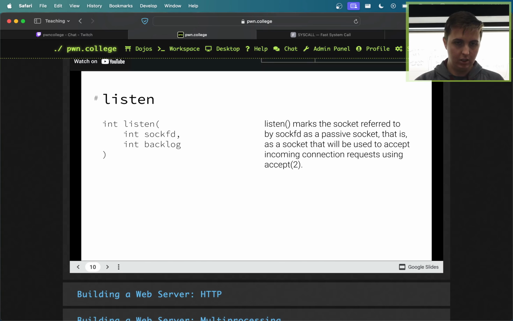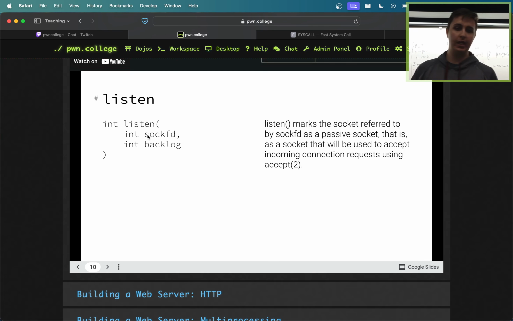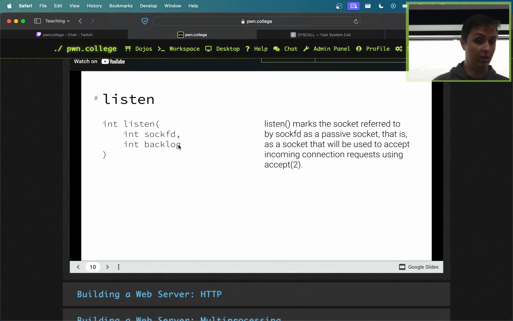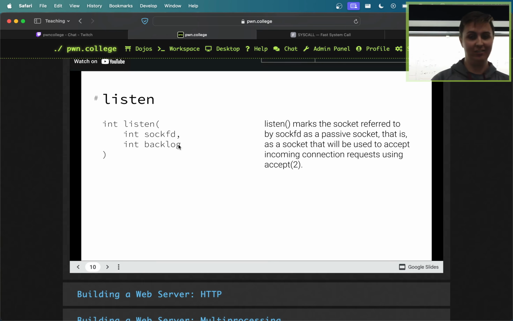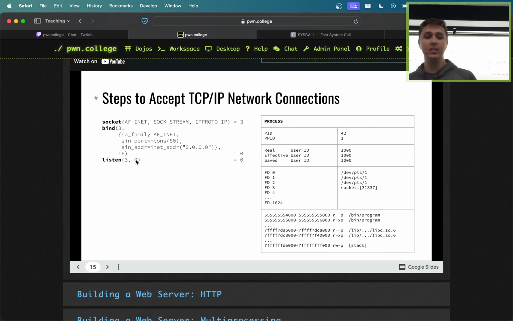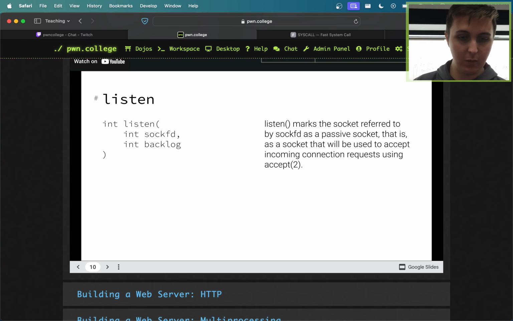Let's see here. So for example, in this listen system call, it takes two parameters. It takes a socket file descriptor, that's just going to be the file descriptor you got from socket previously. And then it takes this backlog thing. It does something, but as you'll see on the slides, I tell you to just pass 0. So this is a situation where passing 0 works. And the reason we know that passing 0 works for this backlog thing